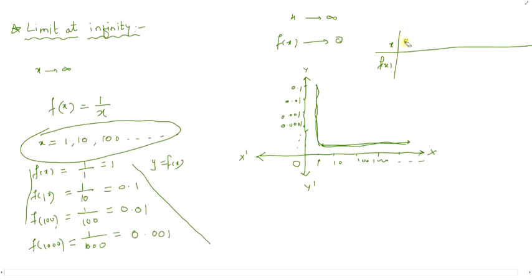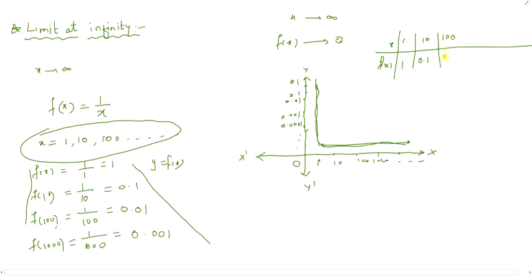Let x be equal to, we cannot take 0, then f(x) has value 1. So our first value should be 1, then 0.1, from 1 it starts to decrease, and our second value is 10, then it is 0.1,